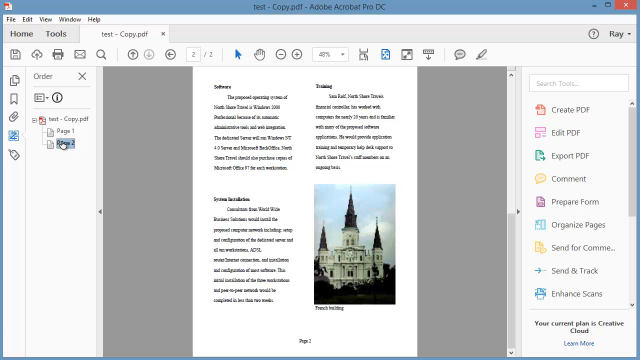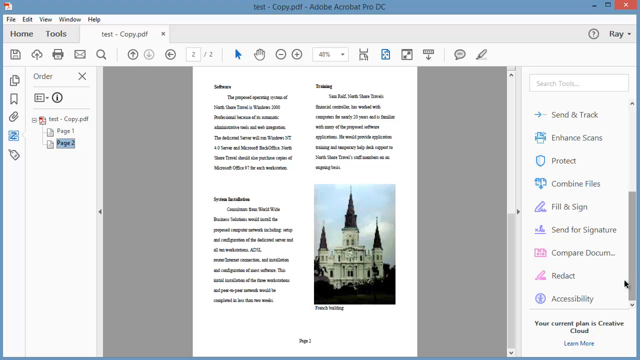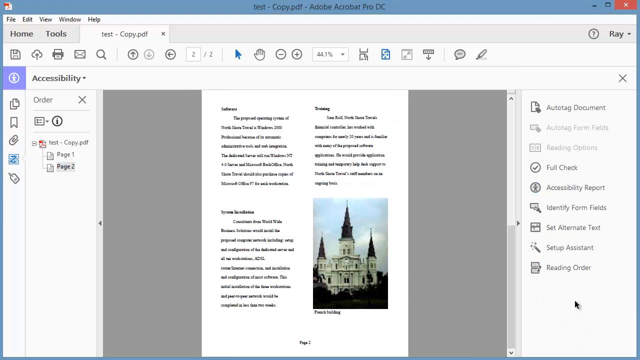Now in my Tools panel, if I come out and click the drop down arrow here and scroll down, I happen to have accessibility out here. If you don't see accessibility, you'll have to go out to your Tools area here, locate accessibility, and bring it in. I'm going to go ahead and click on accessibility, and I see my accessibility tools over here on the right hand side. And up here at the top, I could choose auto tag, although you won't always get the desired effect